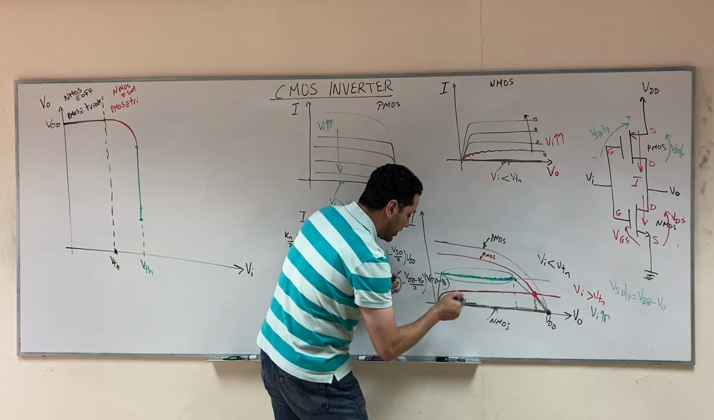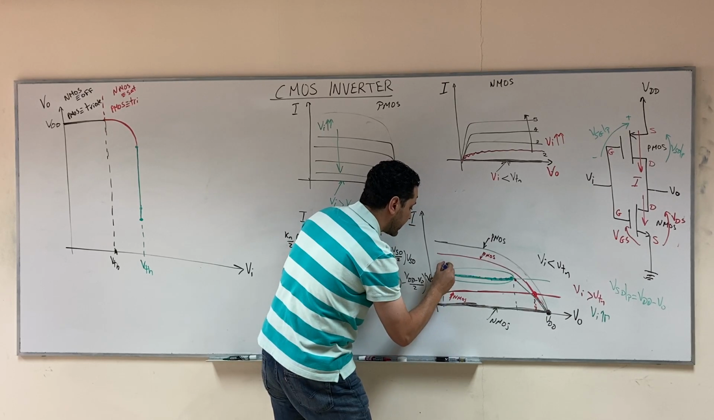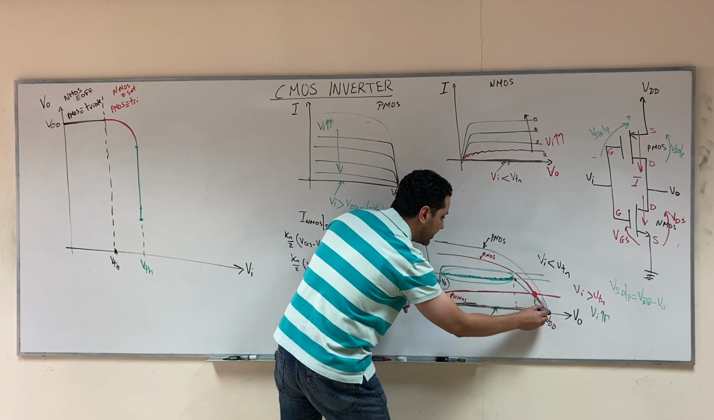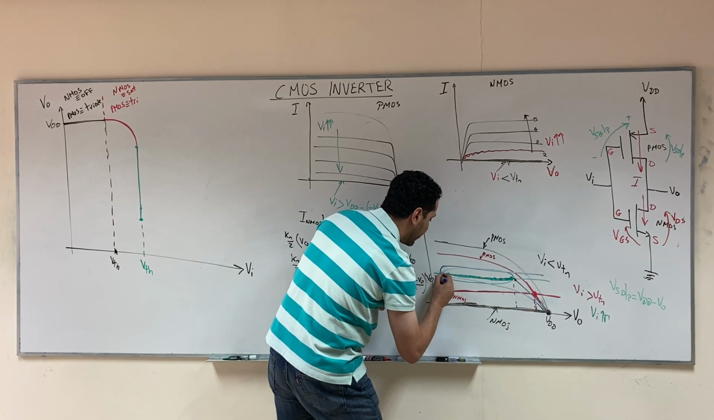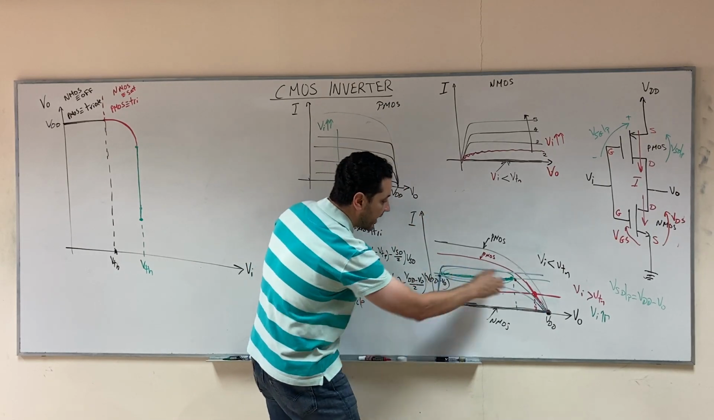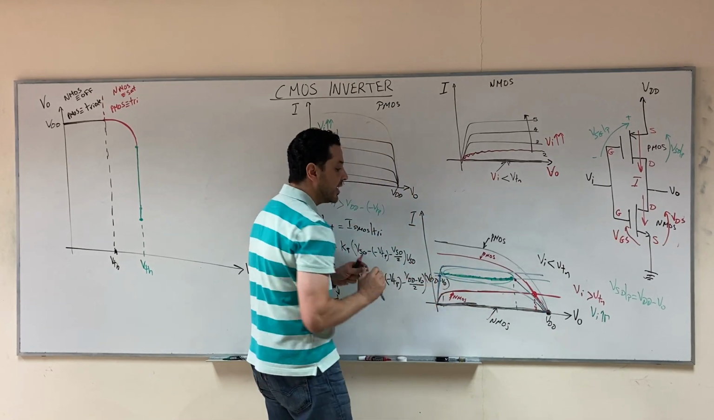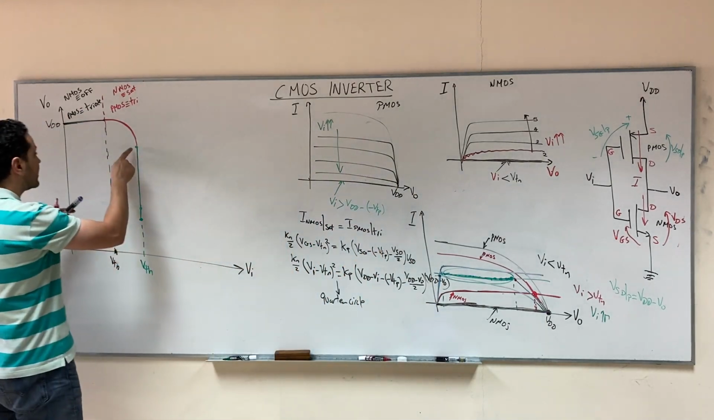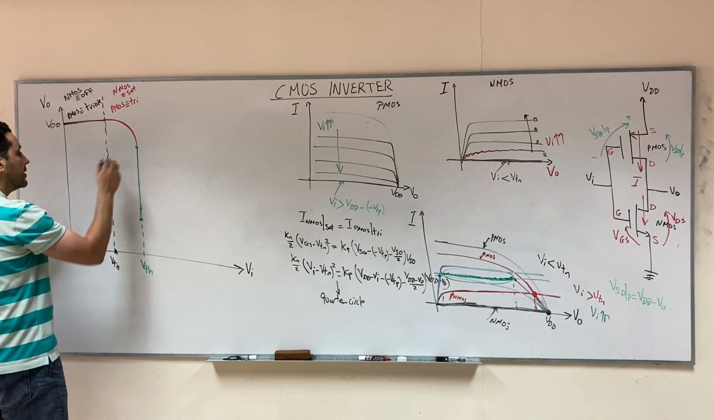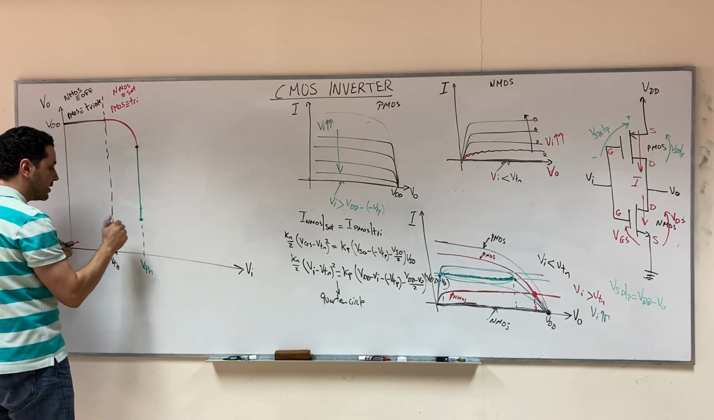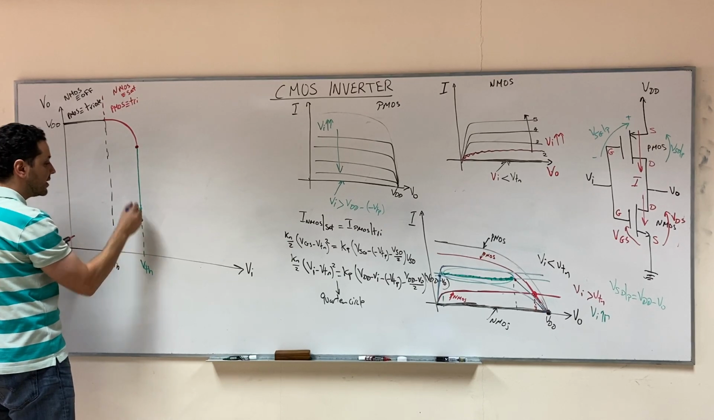let's plot it in blue. If you increase V input more, you'll find that the curve of the NMOS will be higher, and the curve of the PMOS will be lower, and you'll find that you will move here. Suddenly, the output will move from this point to this point, to the other side. And this is what happens in this curve. The output suddenly will move from being at this point to this point